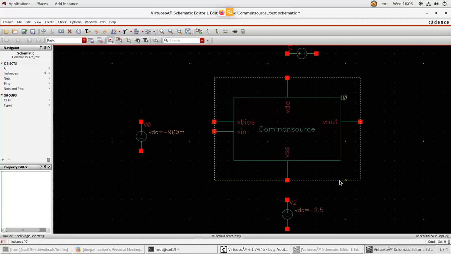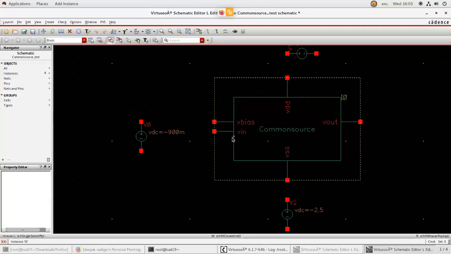Next, you have another pin called VIN. For this VIN, we are going to apply sinusoidal voltage because it is an amplifier, right? If you apply sinusoidal voltage, the output should be amplified sinusoidal voltage, with increased amplitude. So for VIN, I will apply sinusoidal voltage.